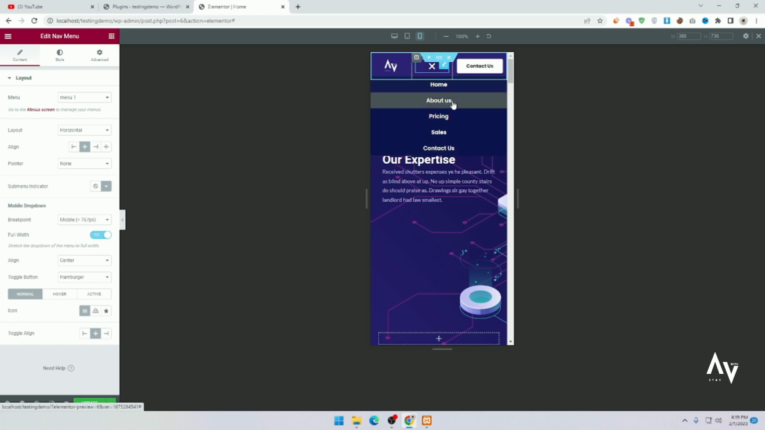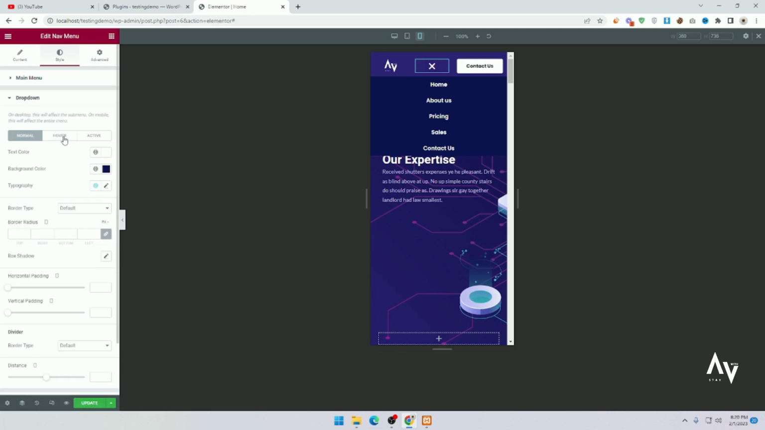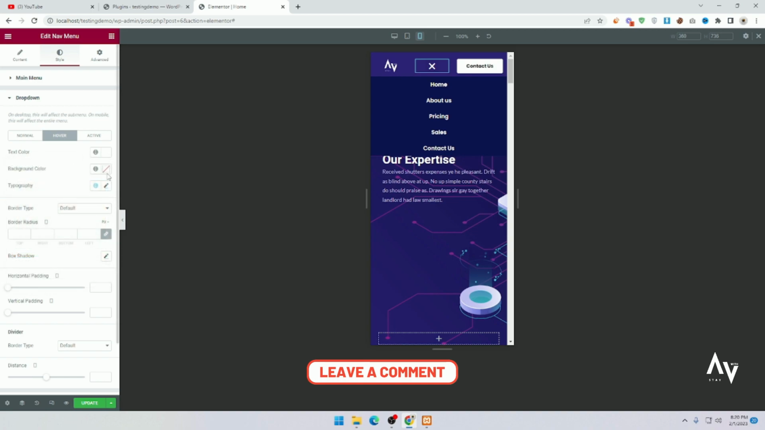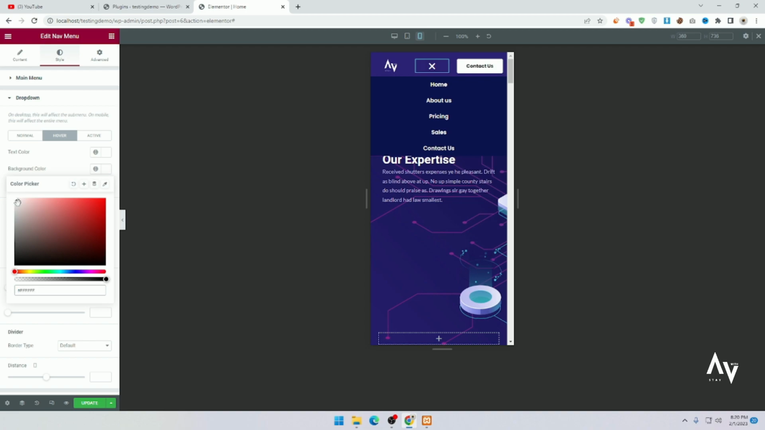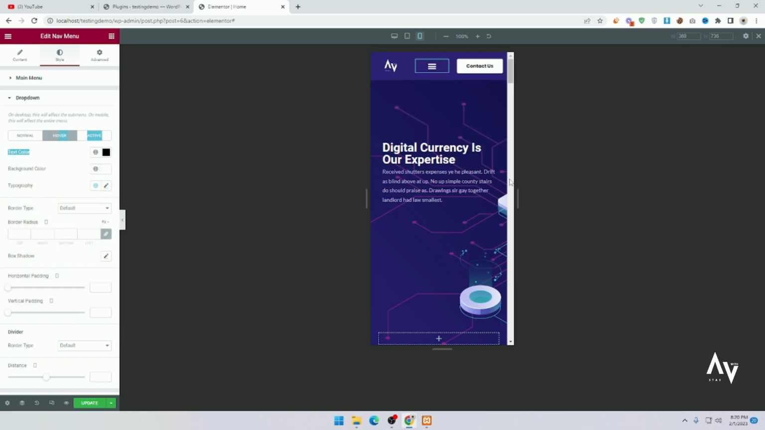Now you can see the hover color is too bad, just click on style, click on dropdown and click on hover. You can also change the color here and the background color. I use the background color white and text color black. So now click on menu and you can see the menu is now good. So click on update